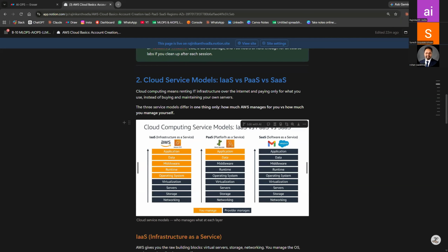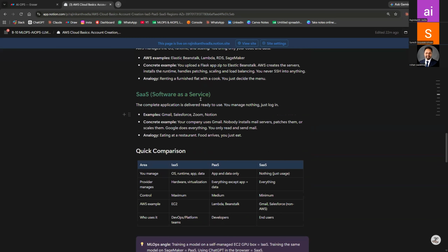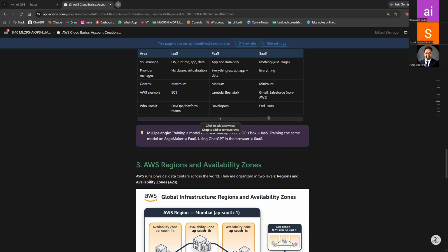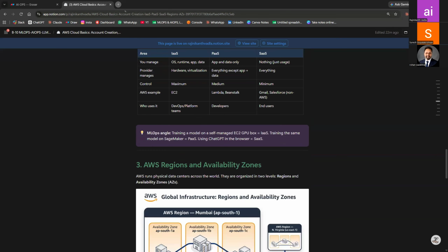AWS offers three cloud models: infrastructure as a service, platform as a service, and software as a service. We will discuss what each one is, and the region and availability zones that we discussed yesterday.